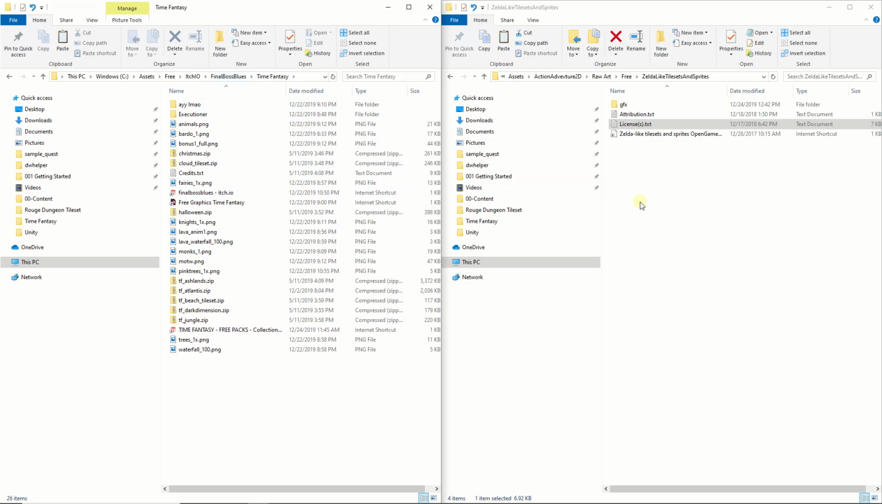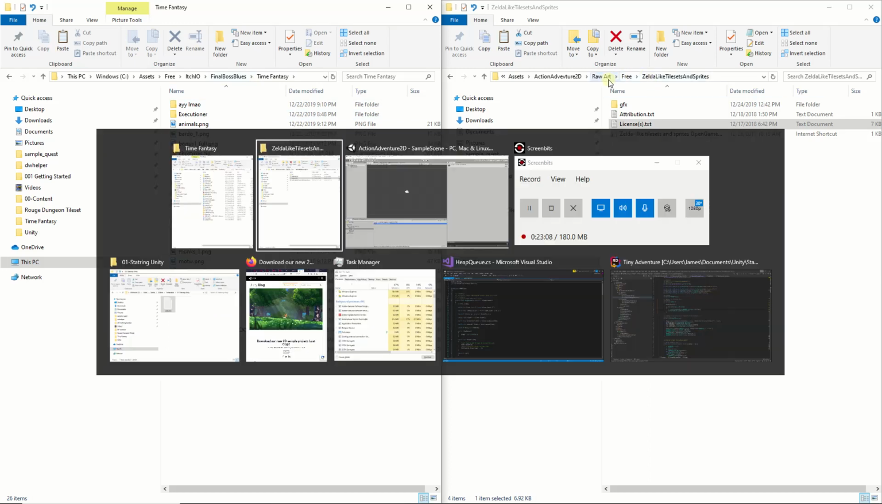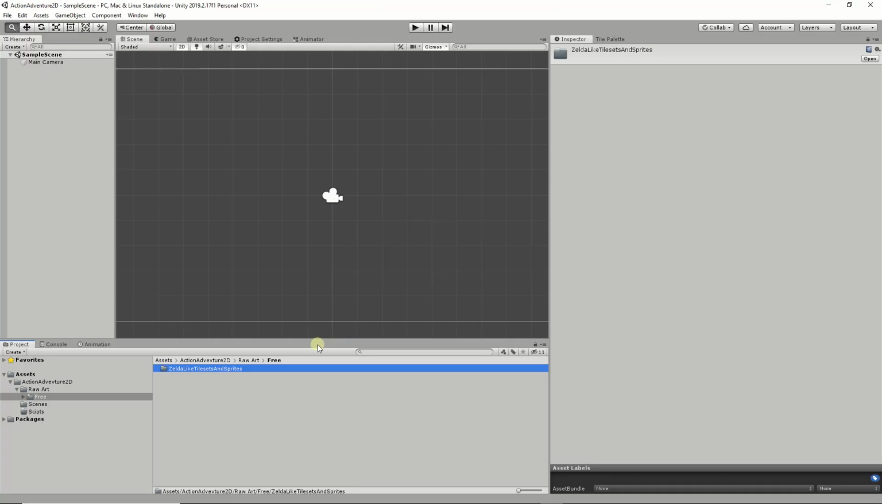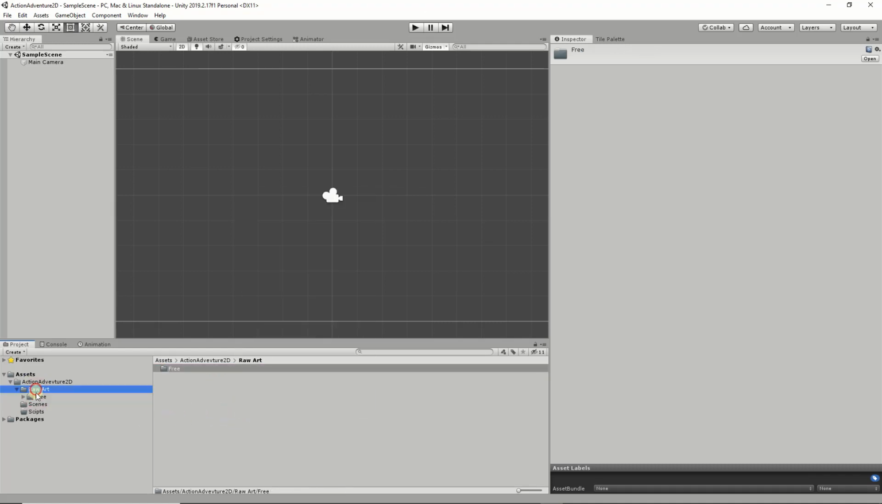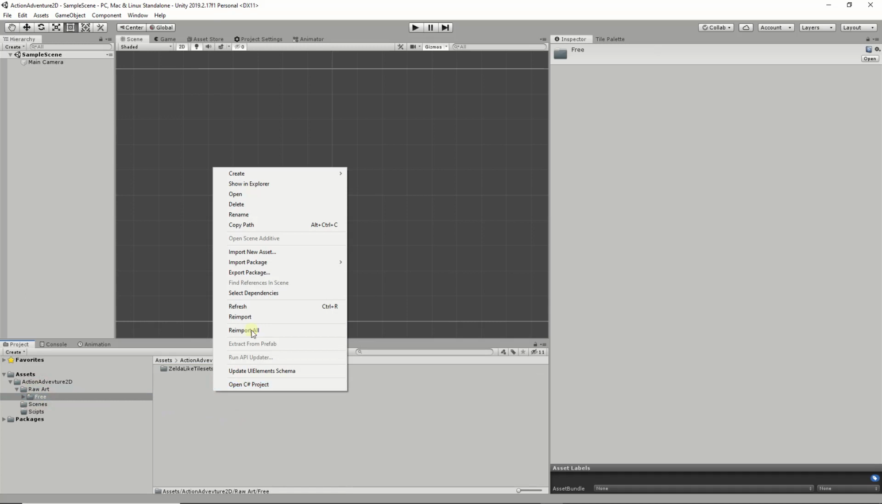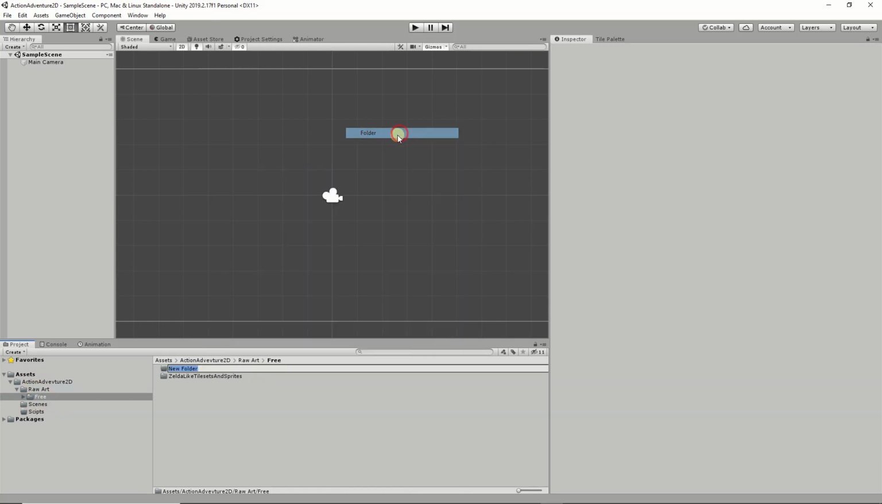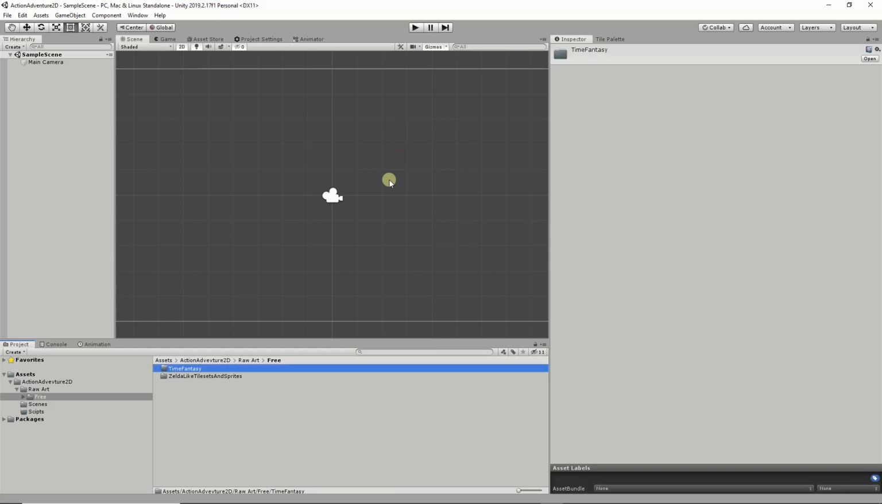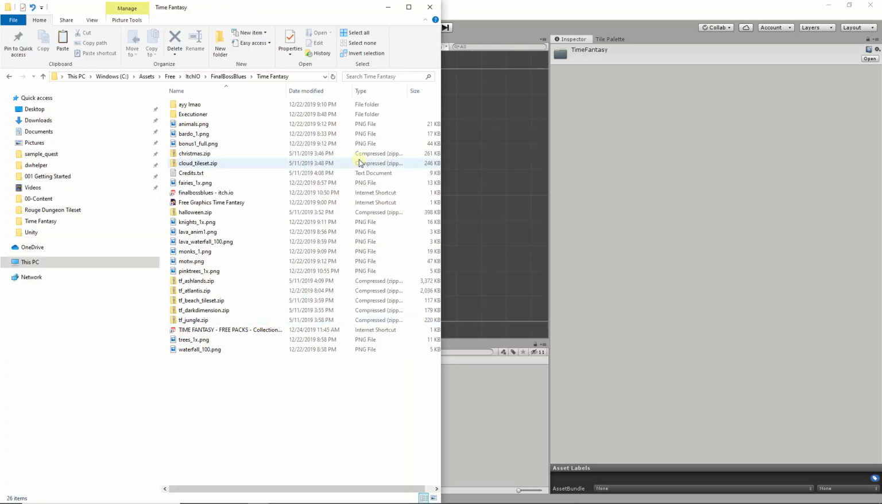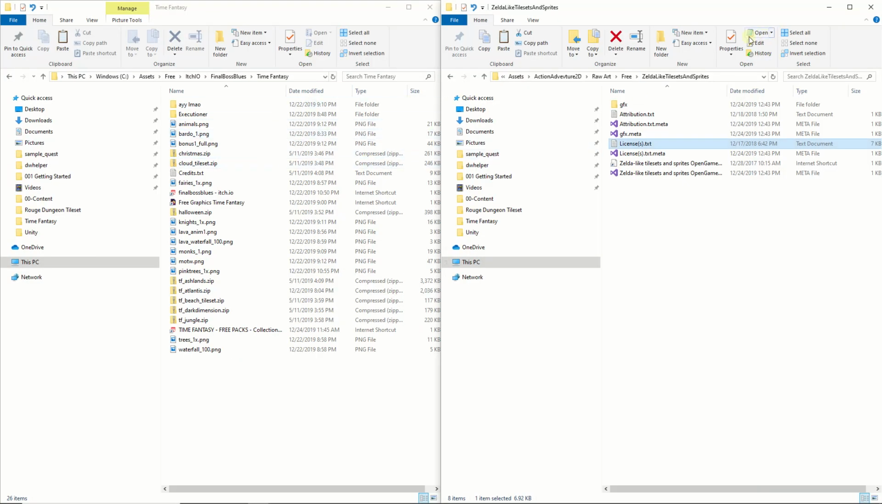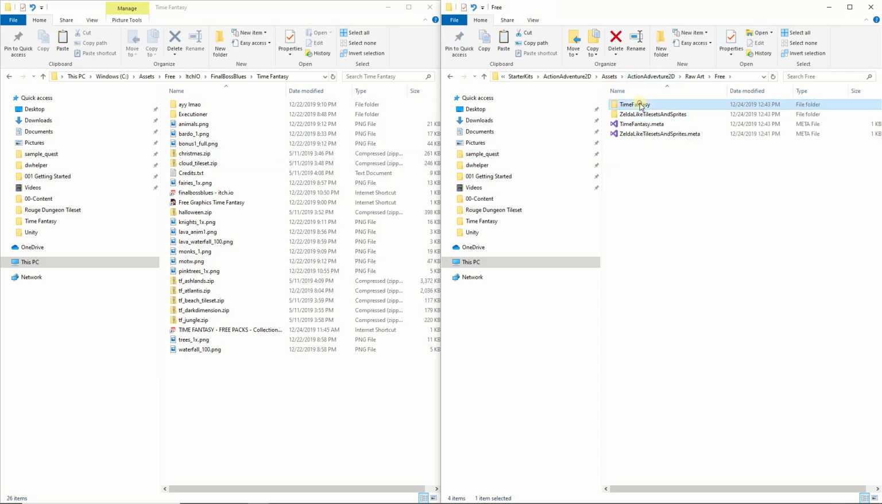So let's create a folder over here in Unity. We're going to create a new folder. So we are still in our raw art folder here under free. We're going to create a new folder. We're going to call this Time Fantasy. Alright. So now that we have our Time Fantasy folder created,